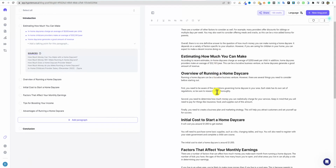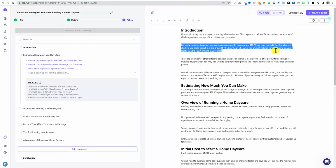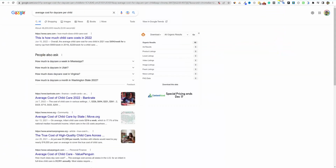Everything looks really, really good. It checks out. You still want to read through the content. I think that it gets a little possibly inaccurate around here because, just looking at the average of what, let's